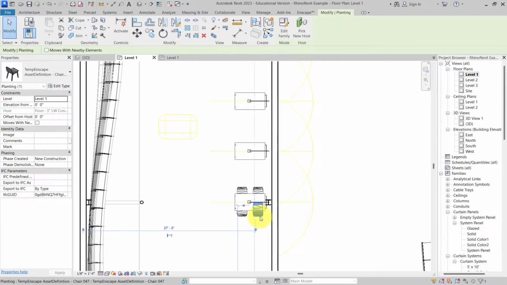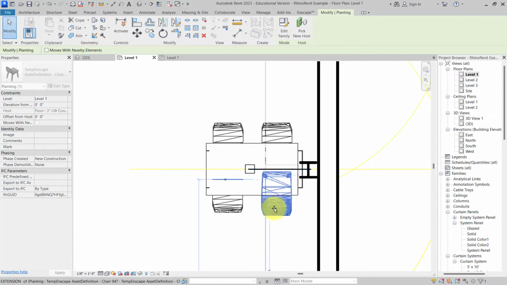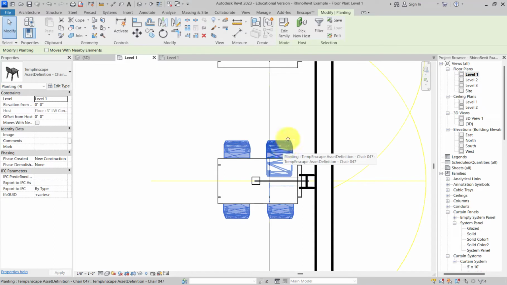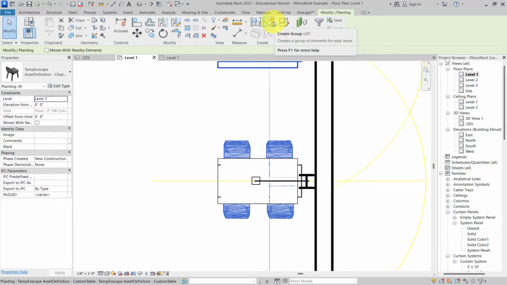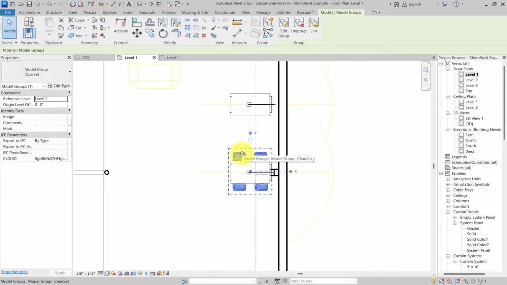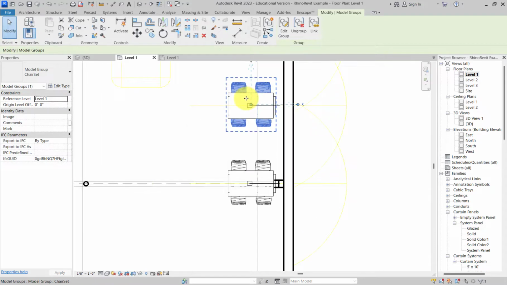What I might do, let's see if I can get that. Trying to get some alignments. Okay, that looks good. So I'll just select them all using control, and then I can create a group, and I can just call this the chair set, something that makes sense. And now I have that group, and I don't have to grab them each one